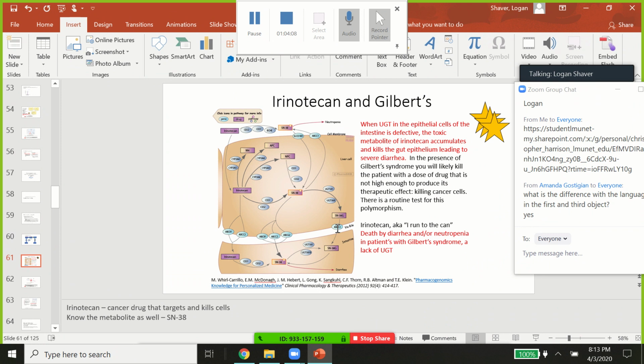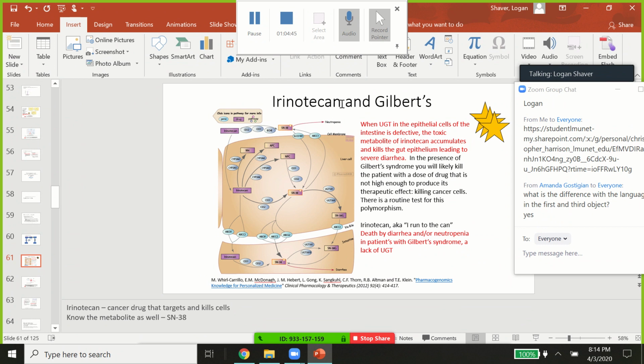Anytime she mentions irinotecan and Gilbert's disease or syndrome, you've got to know it. Okay, it's 100%, it'll probably be on there. I hate to say 100%, maybe more like 95%. So make sure you've got that with you. Basically what happens here is, I think it breaks down based upon when UGT in the epithelial cells of the intestine is defective. So UGT is this enzyme that basically breaks down a metabolite